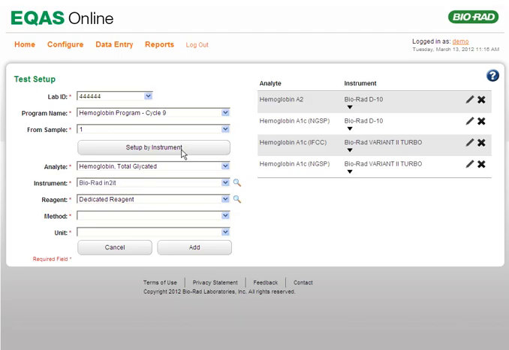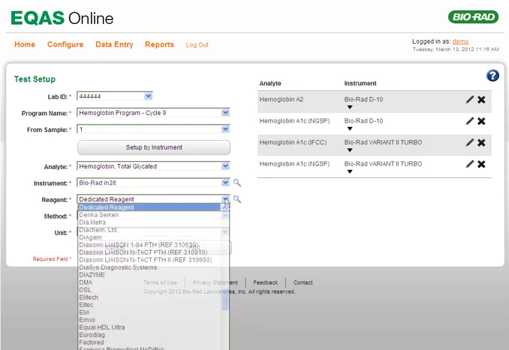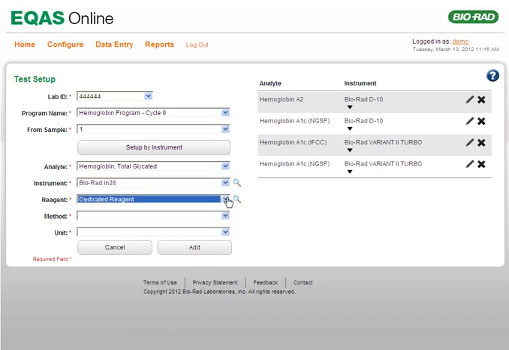Next, select a reagent by using the reagent list or the reagent lookup icon next to the list. For instruments and reagents that are manufactured by the same manufacturers, dedicated reagent is the default selection.